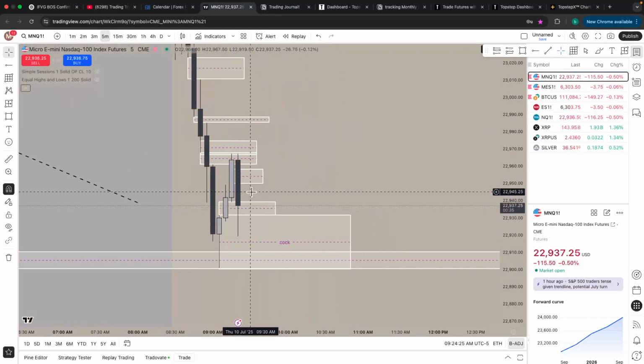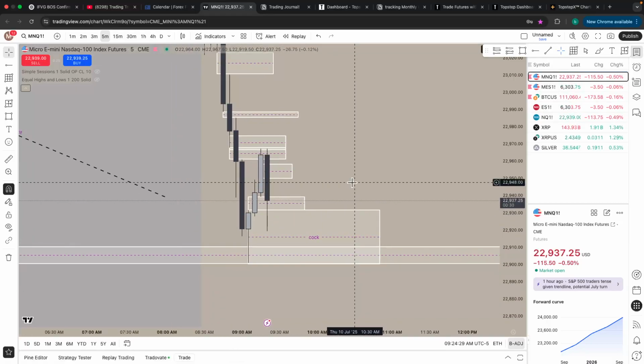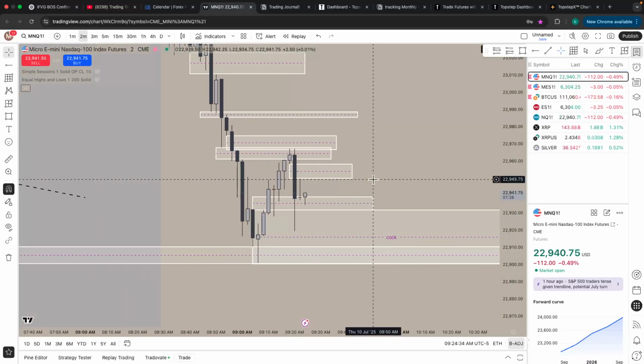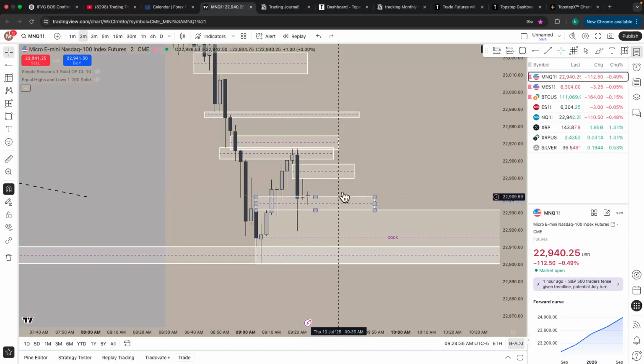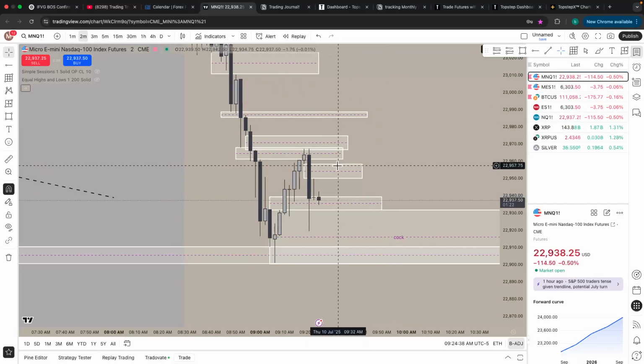And then as soon as I said that, you just see the candle all the way down into there. How amazing is that? All right, we got 30 seconds on that. We have a 2-minute gap right here that we could end up playing around with. If we inverse this, we get a retrace on the 1 minute and then a 1 minute breaker structure.